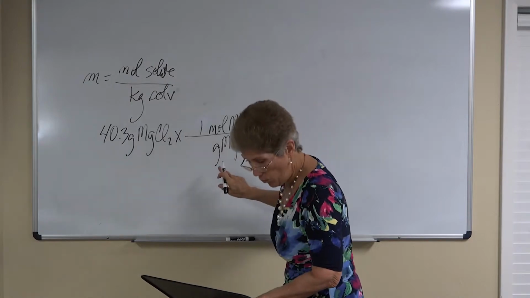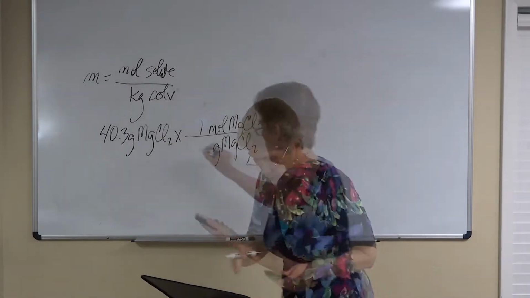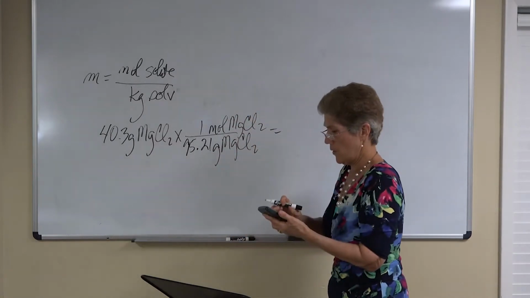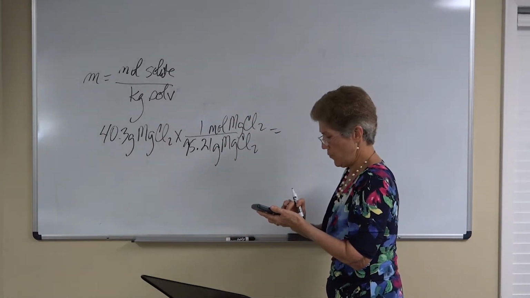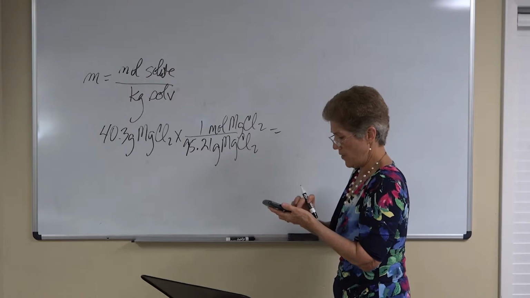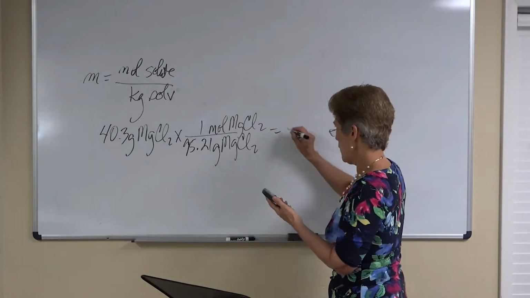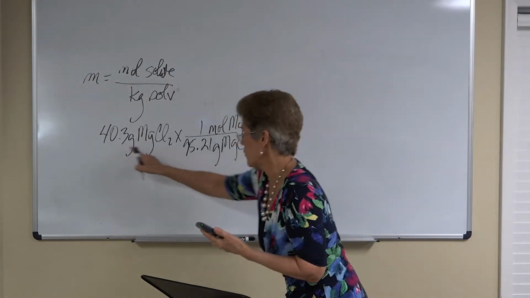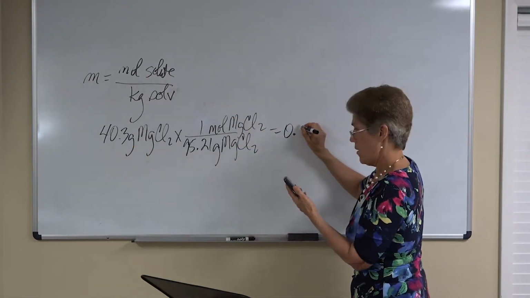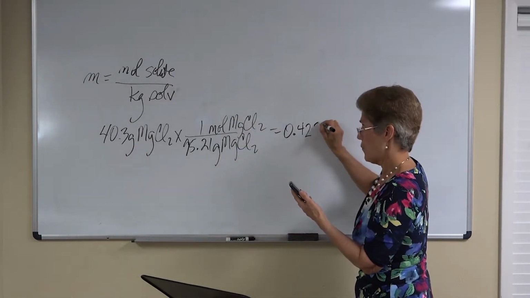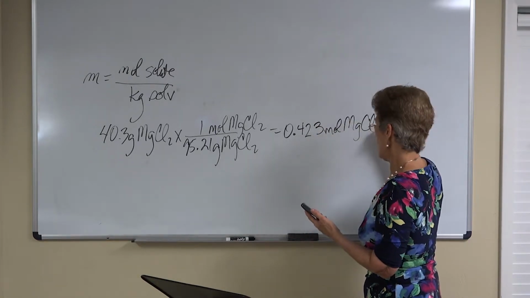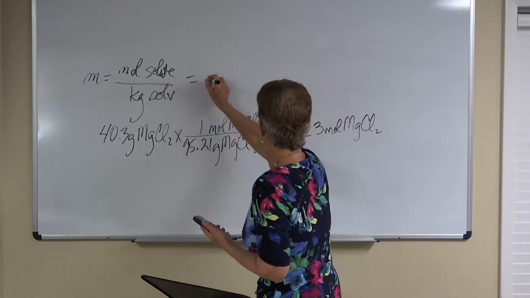And every 1 mole, we add this up, and it's 95.21. So we go 40.3 divided by 95.21 equals 0.423, 3 significant figures because of over here. This has 4. 0.423 moles of magnesium chloride. So we've got our first number,